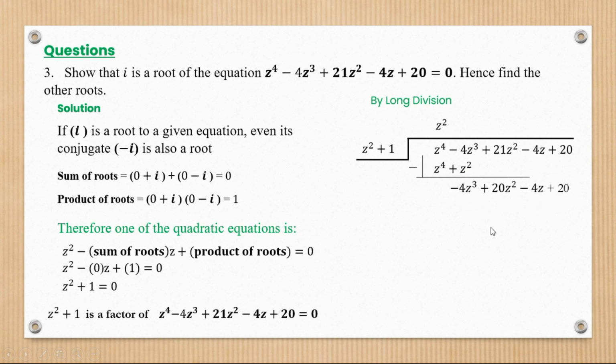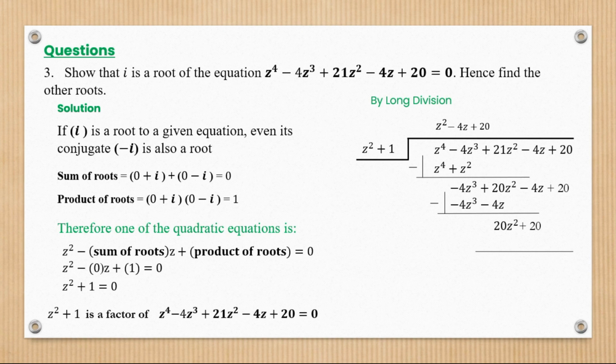So now negative 4z cubed divided by z squared, the answer is negative 4z. Negative 4z times the values on the left ends up giving us that. As you can see, when we subtract this again, there is no value to subtract with the 20z squared, so it stays as it is. Then we have negative 4z, actually minus means plus, so we have negative 4z plus 4z, which is actually equal to 0. So we are left with 20z squared being equal to